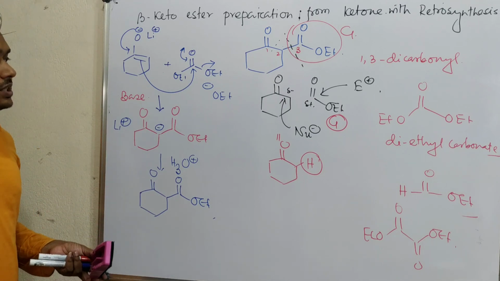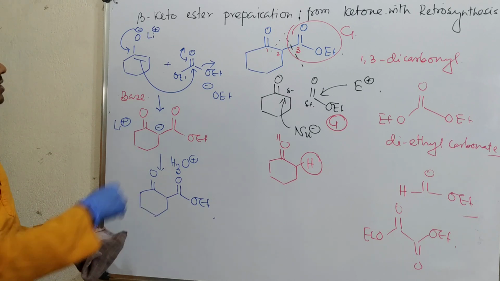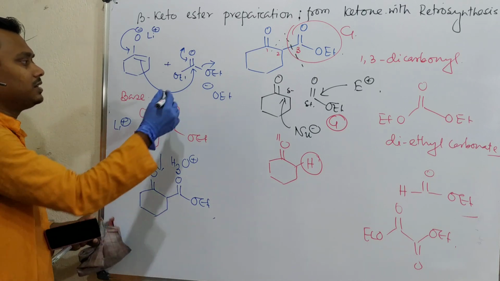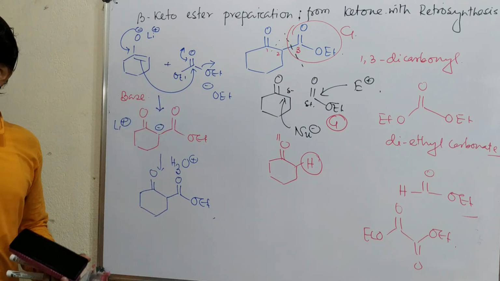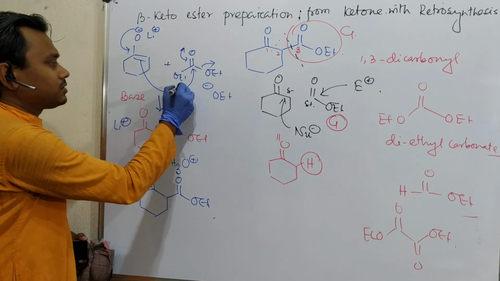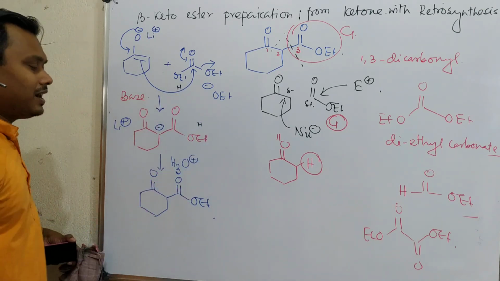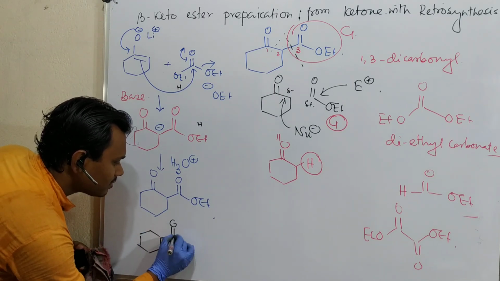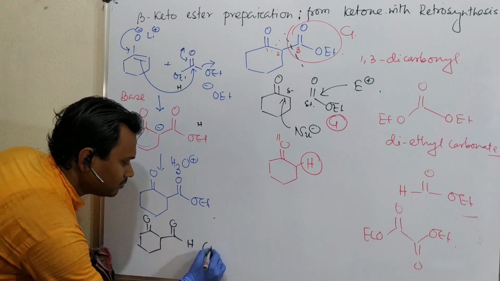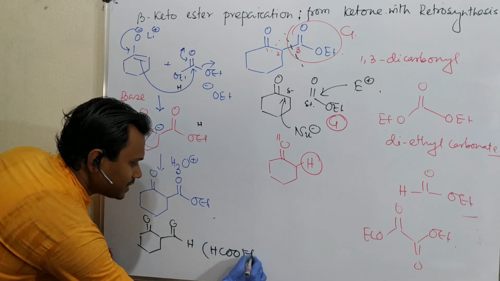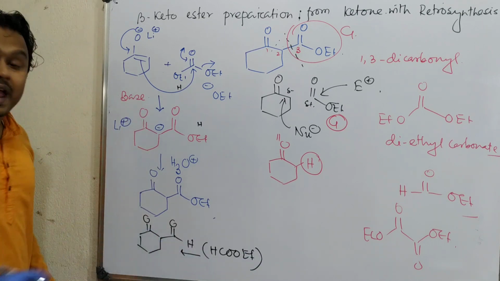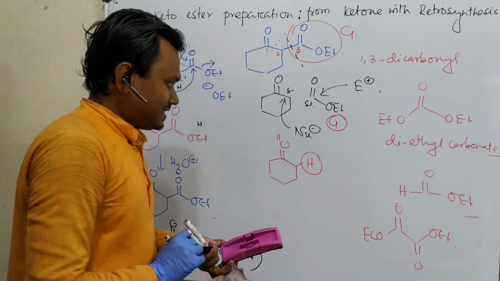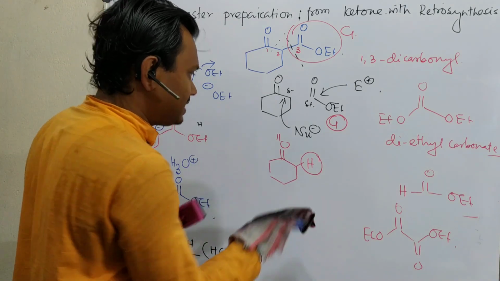Now question, if we take formic acid, what will be the consequence? See, formic acid means one of the OEt is replaced by hydrogen. Just think in this way, this is hydrogen. So what is expected? There will be hydrogen. So ultimately what will be the product? Actually then it will be this from a formate ester. Okay? So aldehyde. So we'll get a 1,3-dicarbonyl but not an ester. Fine. Additionally, the interesting part of the discussion is oxalate.